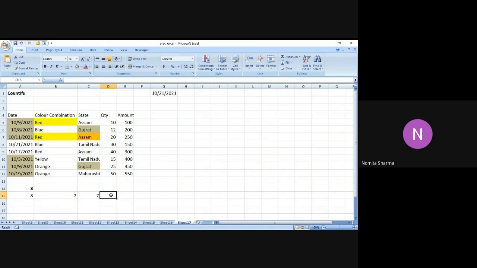In a similar manner, we can count the number of blanks. If I say COUNTIFS, and let me just select the whole range now. So I say comma, let's see what I get. So this is the option which I'm getting as 0. Let me delete some value, and let's see what I get now.